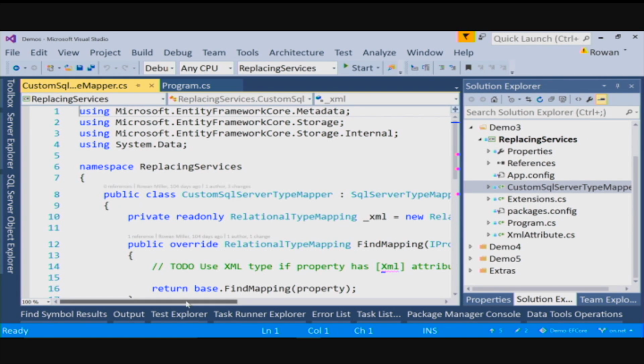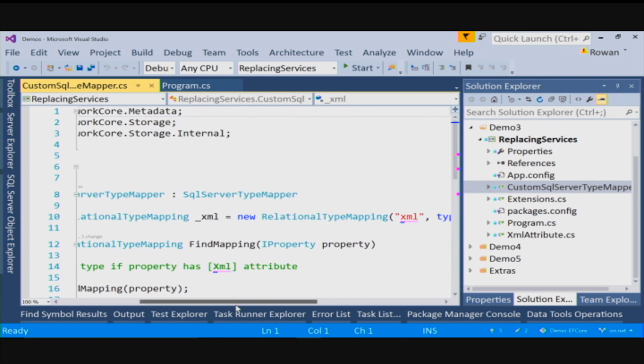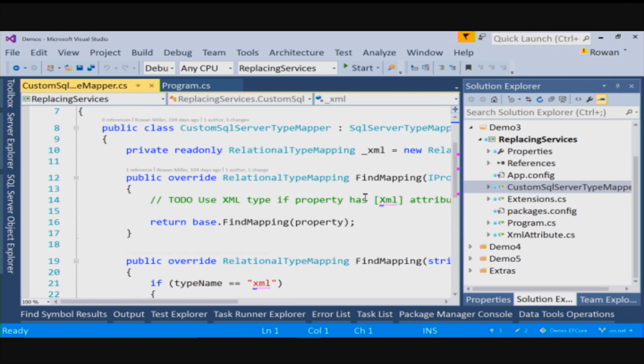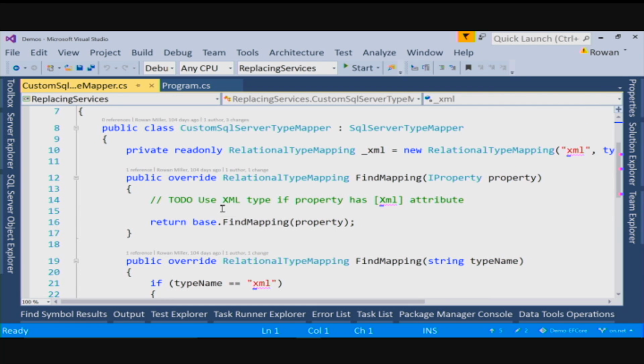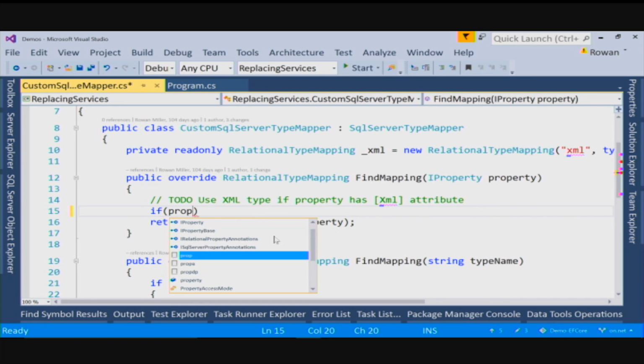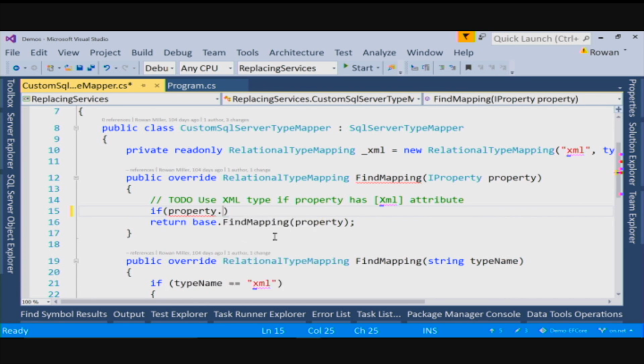I've derived from the SQL Server type mapper that we just saw, and called it custom SQL Server type mapper, and I've overridden the find mapping method. I'm just going to collapse Solution Explorer to give us a bit more room. And I'm going to write an if block here. So I'm going to say if this has the CLR attribute, the XML attribute,